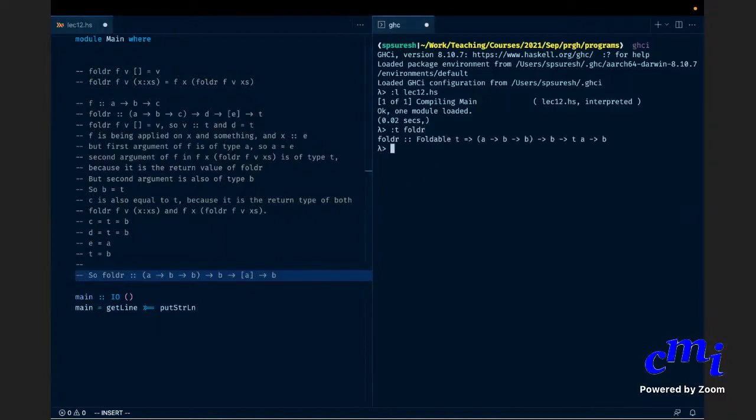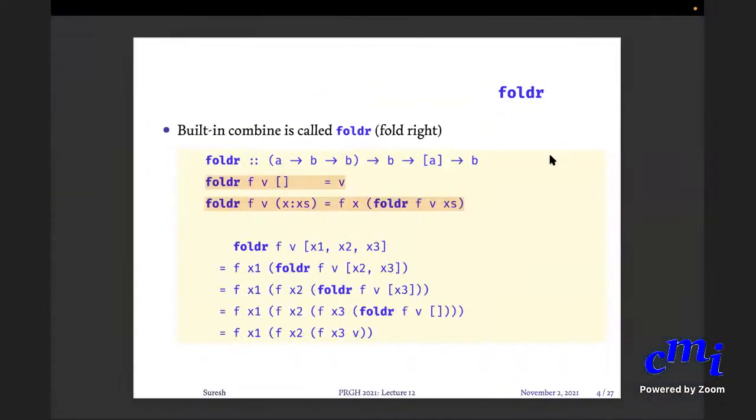Of course it will say Foldable t, but instead of Foldable t we wrote list A here. In case t is a foldable type constructor, use that, but we can ignore that now. So the default type of foldr is this: (A -> B -> B) -> B -> [A] -> B. Is this fine? Okay, so that is about the type.